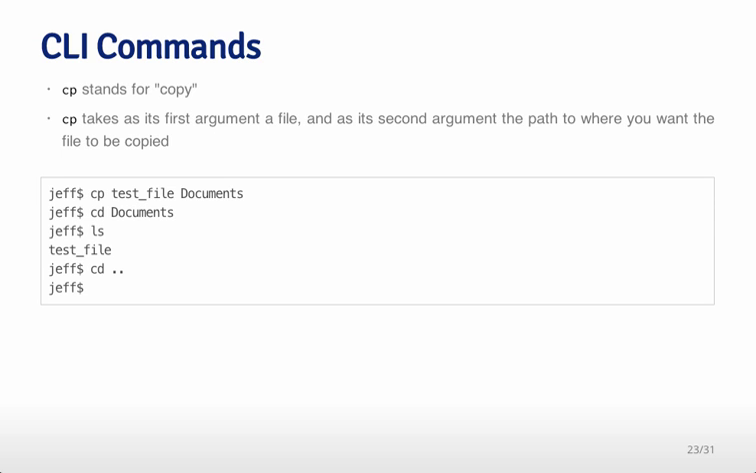CP stands for copy. So suppose you want to take a file and copy it into another file. What you do is pass copy two arguments. First is the file that you want to copy, and then the place that you want it to be copied to. So for example, if I type cp and then the test file that I've created, and then a directory, documents,